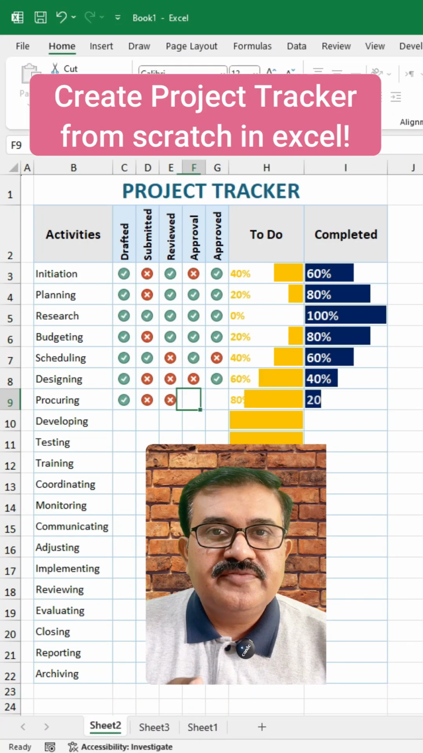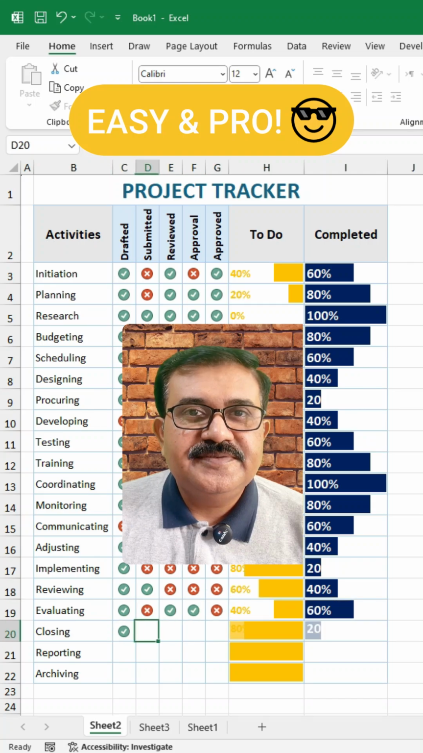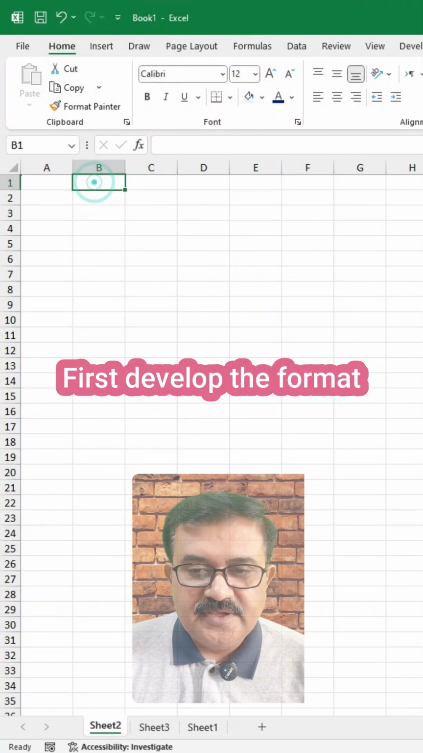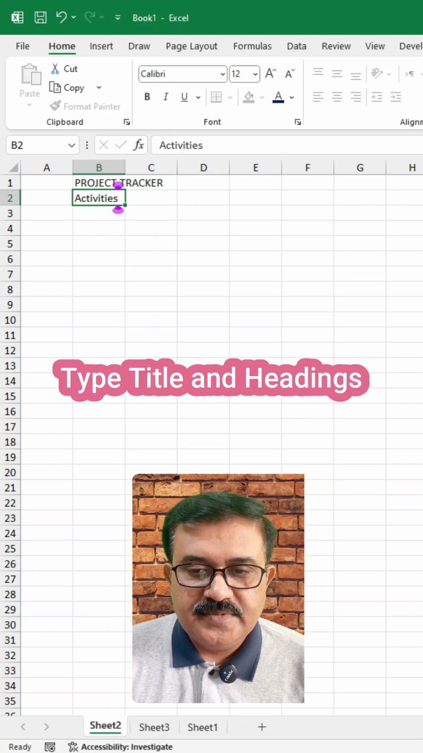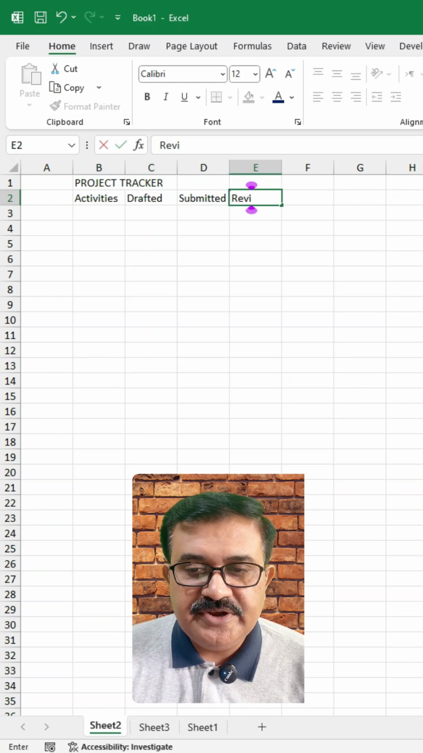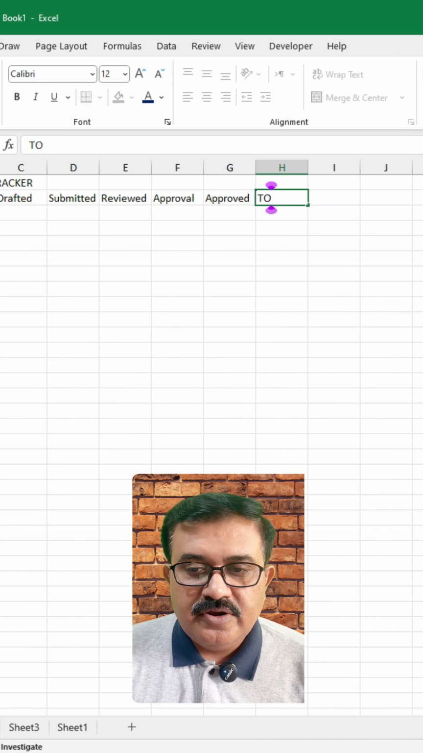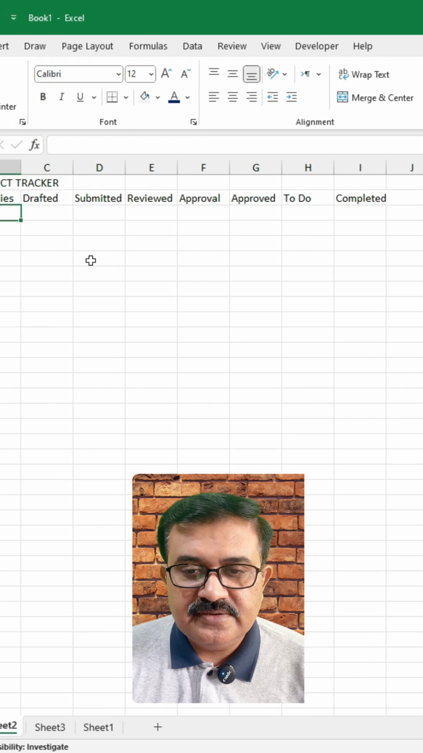Create project tracker from scratch in Excel. It's easy. First, develop the format. Type title and headings: drafted, submitted, reviewed, approval, approved. Now, to do tasks, completed tasks,